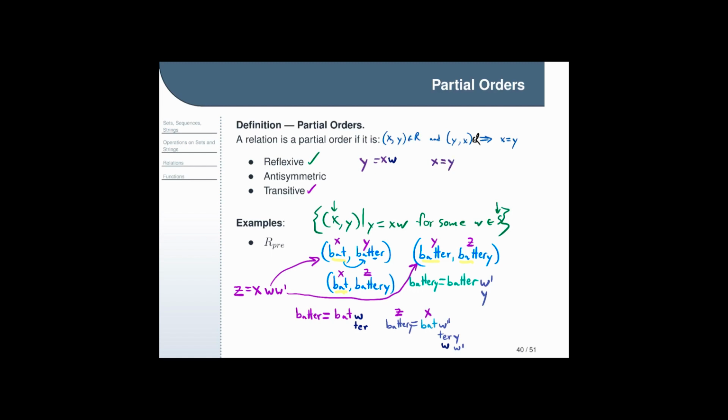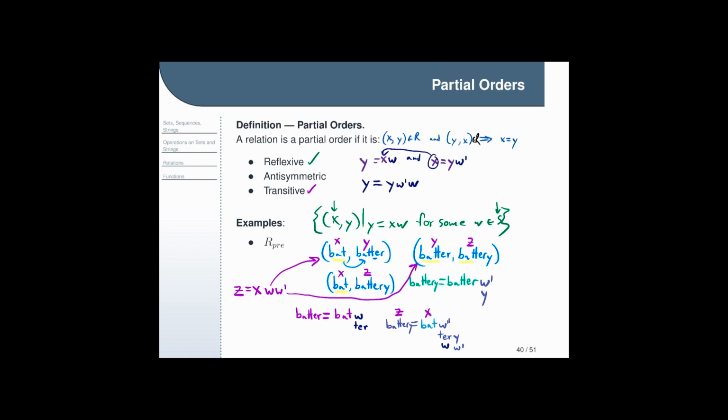And of course, no guarantee that this W is the same, so we'll use W prime just to mark that this might be some other W, right? Okay, so if these two things are true at the same time, what does that tell us? Well, I can now do some substitution. I can take this X, I know what it's equal to, and just plug it in here and see what it gets us, right? So Y is now going to be equal to Y, W prime, that's the substitution,